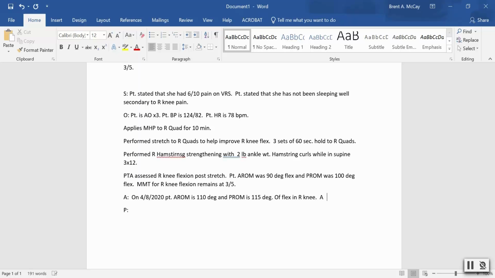An improvement of 15 degrees from treatment on 3/26. Okay, so you're throwing in kind of an overall assessment of like